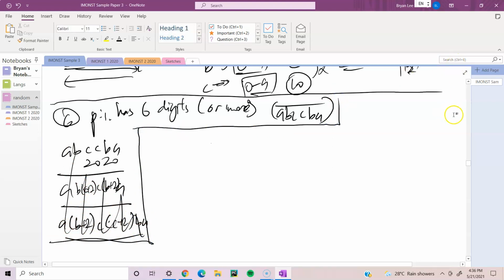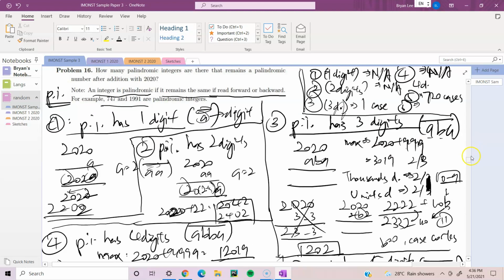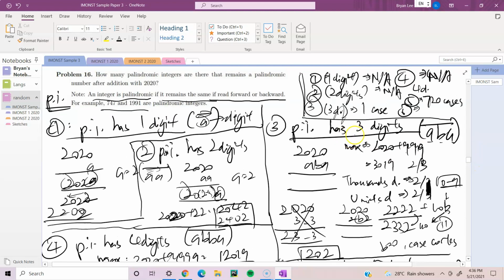None of these will work. Okay, so all in all, there are only 6 cases that we need to consider. So case 6 is not applicable also. So we counted the tally. We have 1 case and then 720 cases. So in total, how many palindromic integers are there? We just add up 720 plus 1, so we will have 721, and this in fact is the answer